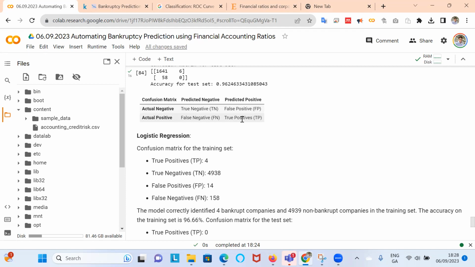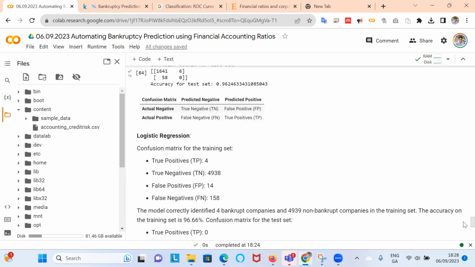So if the logistic regression here could be tweaked, you can pick up on the true positives, but you're going to lose a little bit of business because some people who turn up you won't lend to because the model is saying likely to be bankrupt based on their financial ratios.